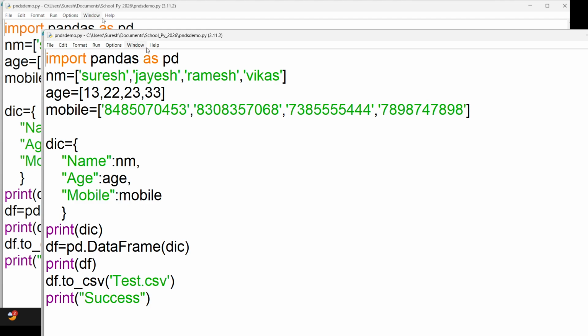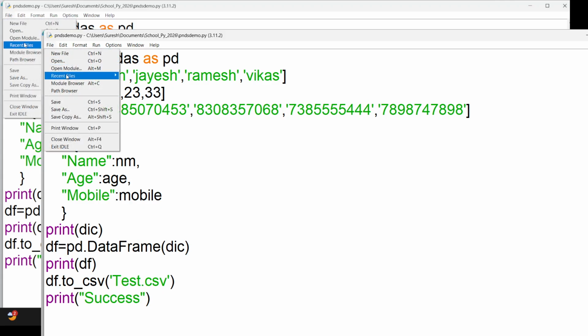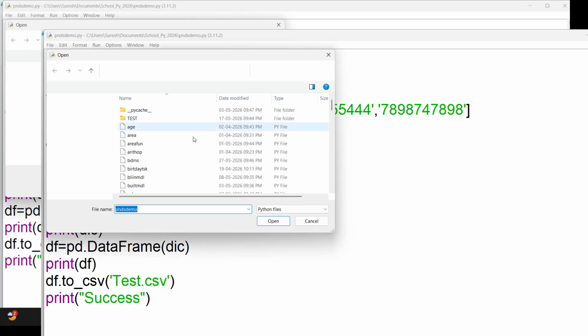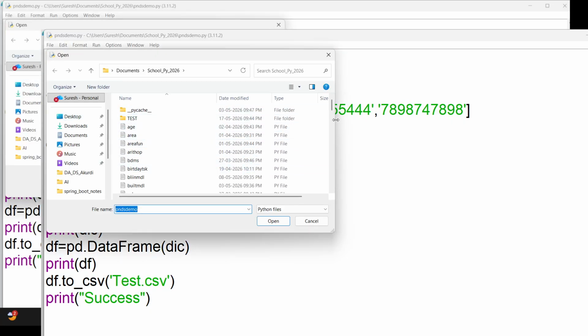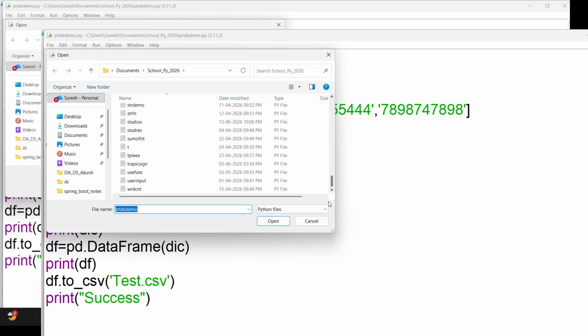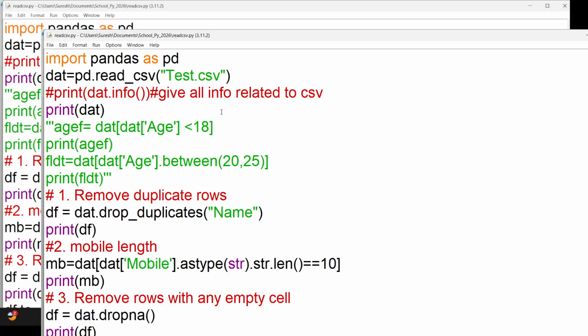So, the very basic part we have seen: how to install it, how to make a dictionary, and how to convert it to the CSV. And apart from this, we have seen some of the files. If you see pandas, you'll come to know, read CSV file we have done, where you can see that we are able to read, and some of the functions we have seen, the info function, but there are many functions that we are going to see through the list of pandas functions,